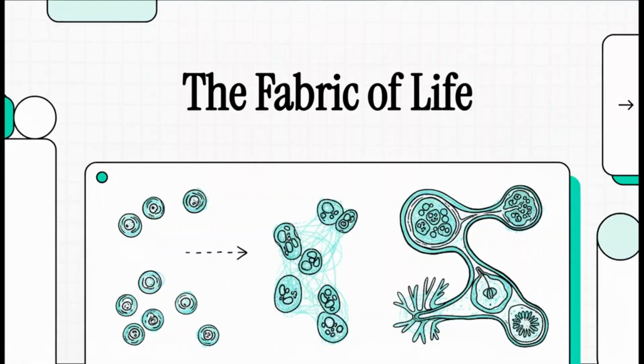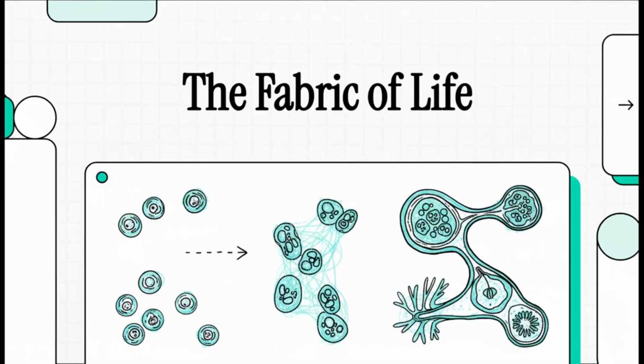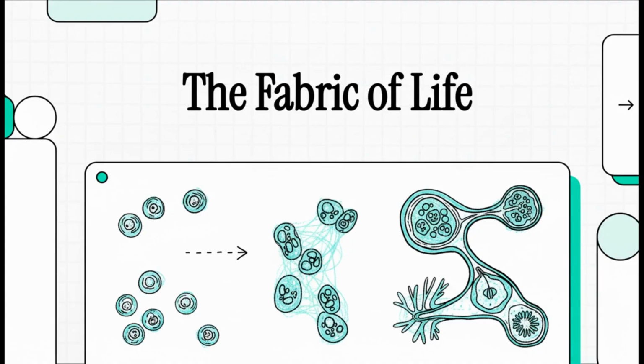Let's break them down. First up, epithelial tissue. The easiest way to think about this stuff is as the body's smart armor. It's a layer of cells all packed super tightly together. Now, obviously, that's your skin on the outside, but it's also the lining of your mouth, your stomach, all your internal organs and cavities. It's the ultimate barrier between you and the outside world.